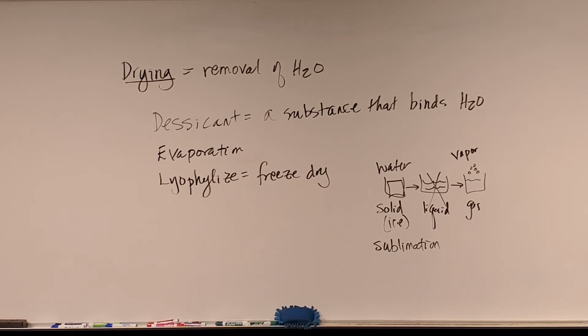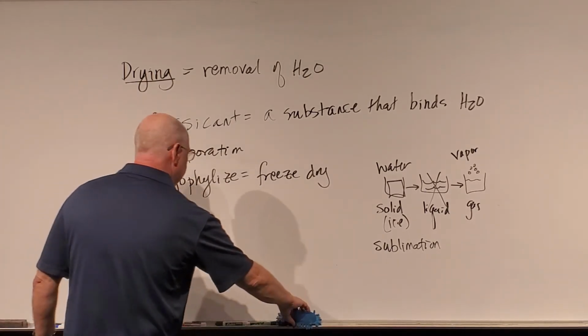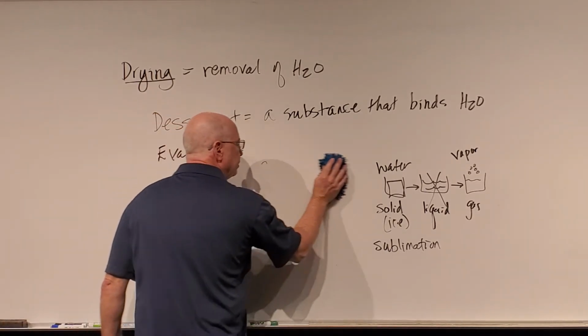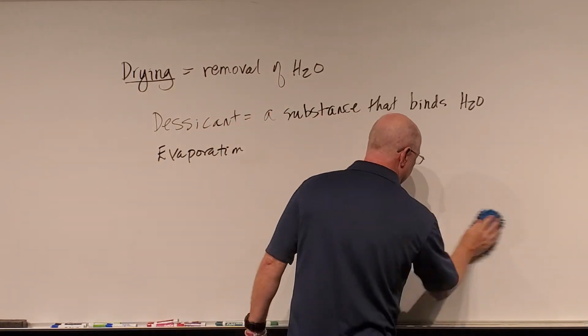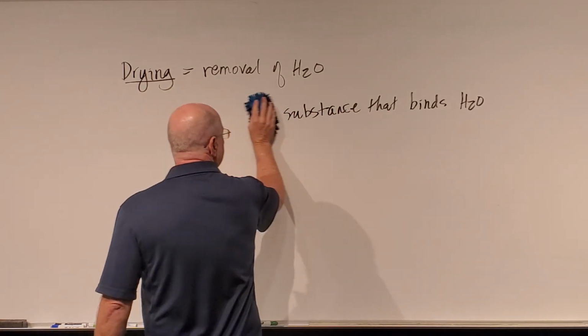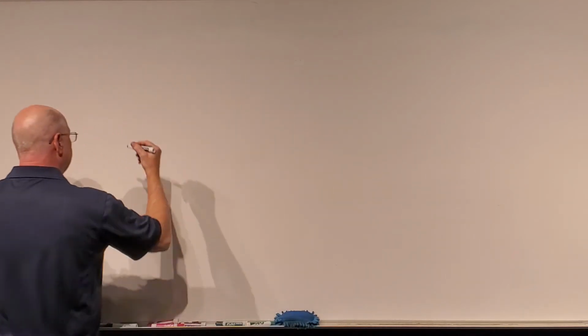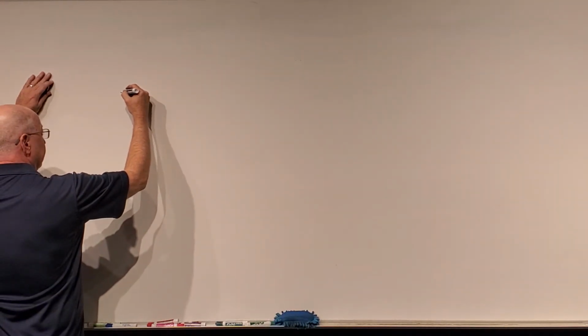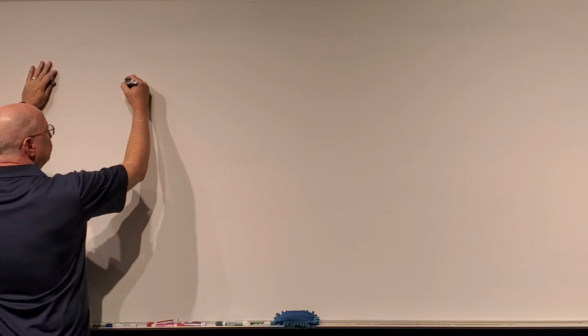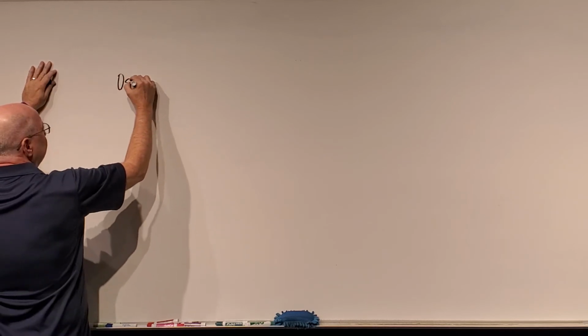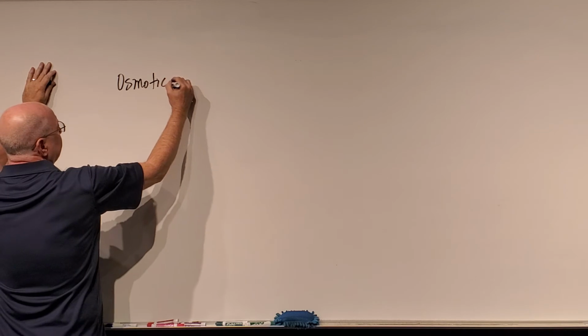One of the problems, by the way, with lyophilization is that the machinery is rather expensive, okay? Now, a little while ago, I talked about disrupting the microbe membrane. And so that's one way that we can also slow or kill microbes, slow their growth or kill them, is by using osmotic pressures